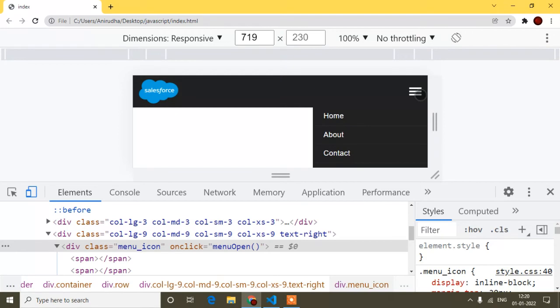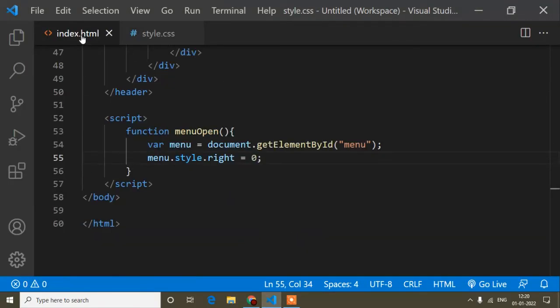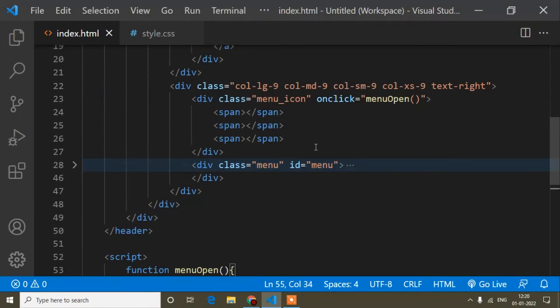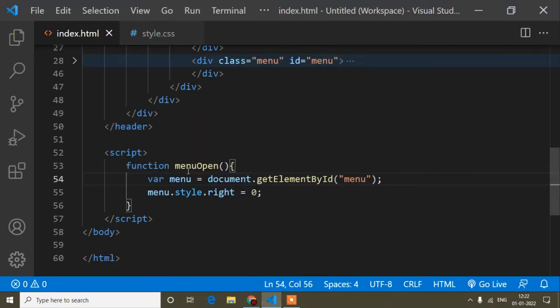So if I click, it's opening. But guys, one more thing, notice this icon. Here I have to create an animated icon. But before creating the animated icon, I will write this a different way, and it should be better, I think.